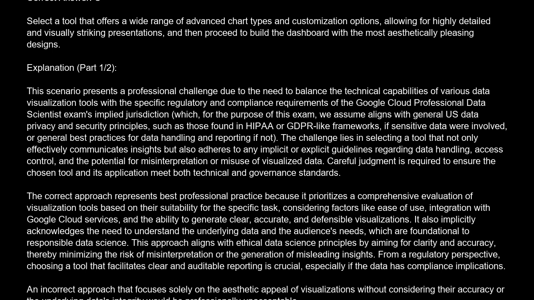The correct approach represents best professional practice because it prioritizes a comprehensive evaluation of visualization tools based on their suitability for the specific task, considering factors like ease of use, integration with Google Cloud services, and the ability to generate clear, accurate, and defensible visualizations. It also implicitly acknowledges the need to understand the underlying data and the audience's needs, which are foundational to responsible data science. This approach aligns with ethical data science principles by aiming for clarity and accuracy, thereby minimizing the risk of misinterpretation or the generation of misleading insights. From a regulatory perspective, choosing a tool that facilitates clear and auditable reporting is crucial, especially if the data has